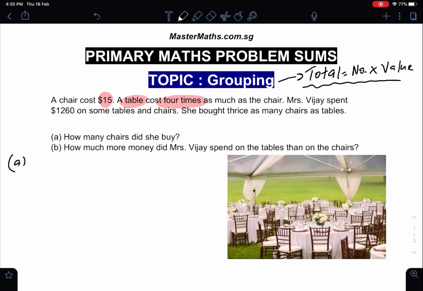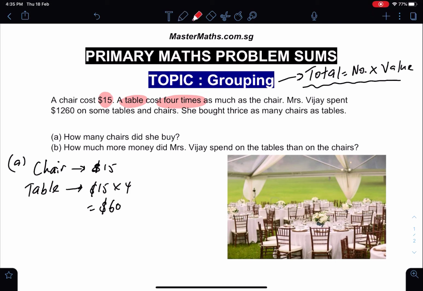As I've said earlier, we know the cost of the chair, $15, and we can proceed and get some momentum going for ourselves. We write down the cost of the table as well. $15 times 4, this is $60 for the table. The next thing we know is that she spent $1,260. Wow, it's a lot of money, right? On tables and chairs. We know the total amount of money that she has spent. She bought thrice as many chairs as